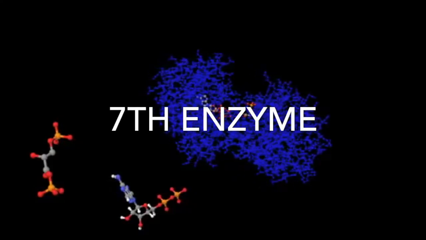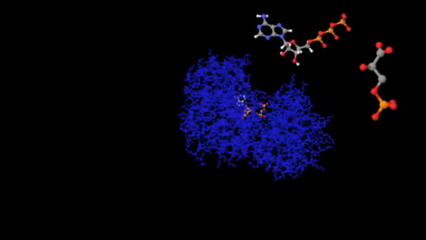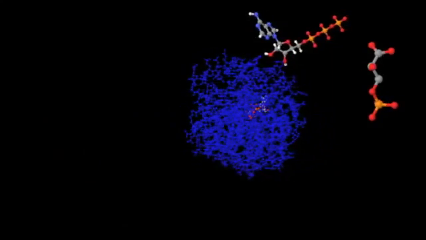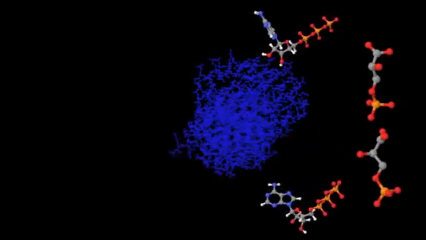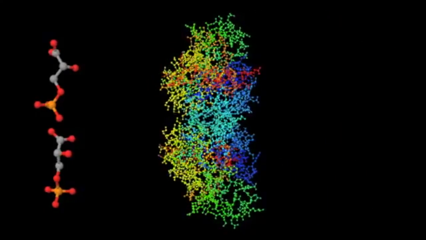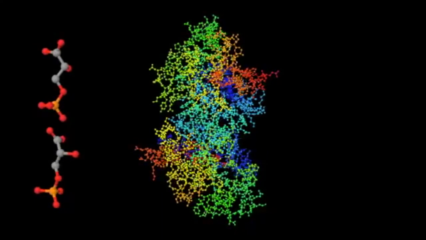Phosphoglycerate kinase takes each of these molecules and transfers one of each of their phosphates to a pair of ADP molecules, creating two new ATP molecules. The last three steps of glycolysis will remove the remaining phosphates from the two pieces and use them to make